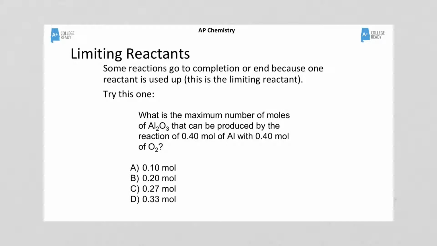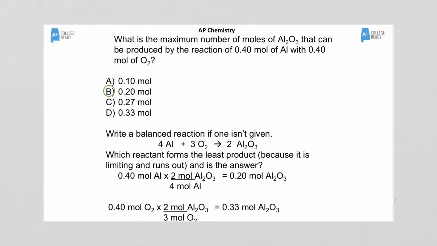So when you write this balanced chemical equation, the reactants and products are not 1-to-1 mole ratios, which will help you determine the answer. As you see, I have the balanced reaction as 4 aluminums and 3 moles of oxygen yield 2 moles of aluminum oxide. Again, there's several ways you can work at limiting reactant problems. One easy way that tends to give you many answers that are asked is to convert each reactant to moles of the same product. So in this case, it's an example where by doing that, you actually have the answer